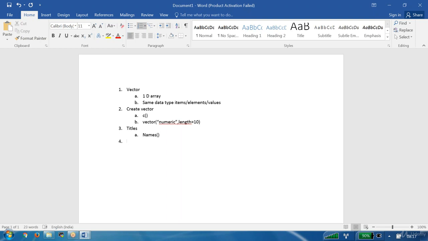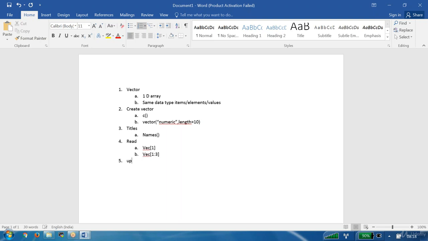Fourth, we can read the elements by using the index method. For example, let us assume the vector object is vec. If we want the first element, we say 1. If we want the first to third elements, we write 1:3. That means you get the first, second, and third elements. That's how we can read the elements of a vector.